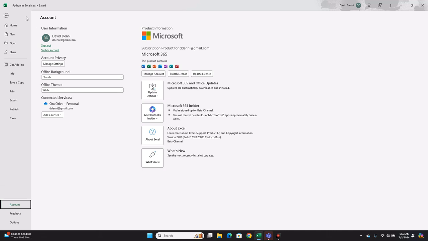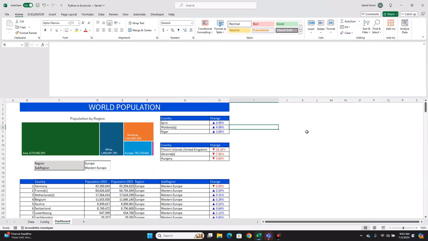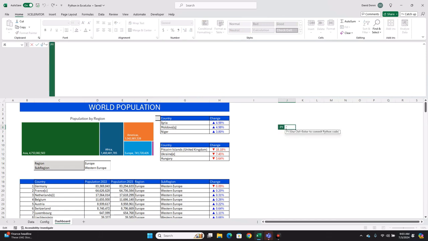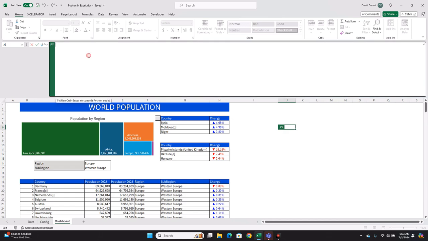Once it is installed, how do you create Python code? Well, simply go to a cell and in the formula bar, or just type equals PY, and it says create Python formulas. And take a look at the formula bar to see what's happening when I open parentheses. Automatically, it switches the formula bar to Python code, with that green-like area. You can add your code as you would, again, in any other framework, with multiple rows. And when you're done with your code, instead of pressing Enter, just press Ctrl plus Enter, and it will apply